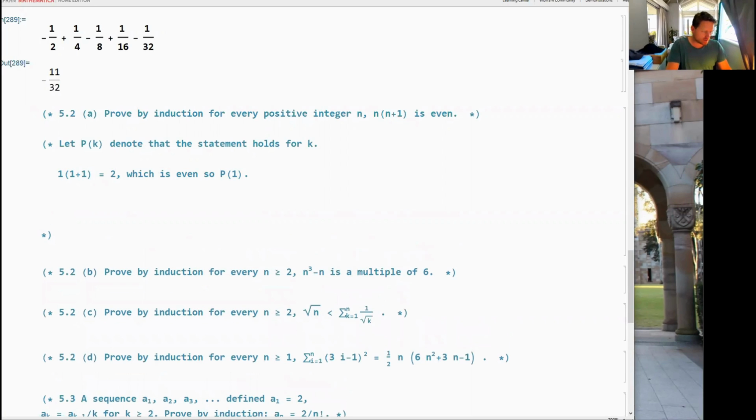So we'll say, assume P(k). Then we could put a full stop, right? But what we're assuming here is that the statement holds true for when n is equal to k. So we'll reiterate this here. We assume that this is even, and now we'll change the n's to a k,